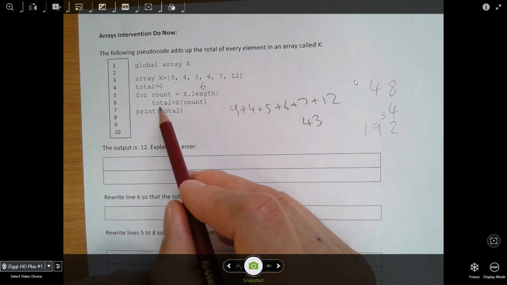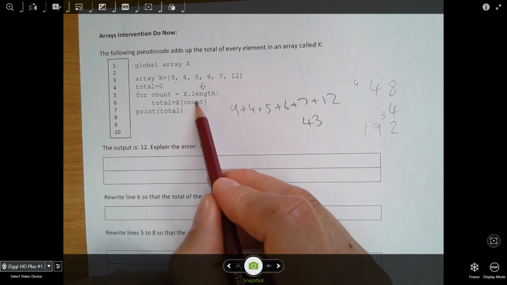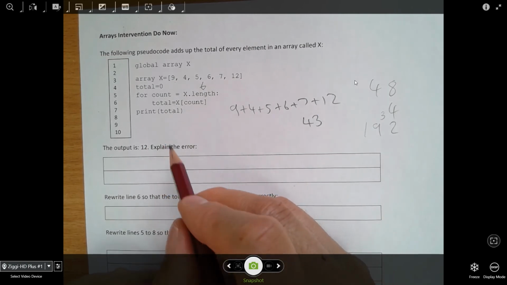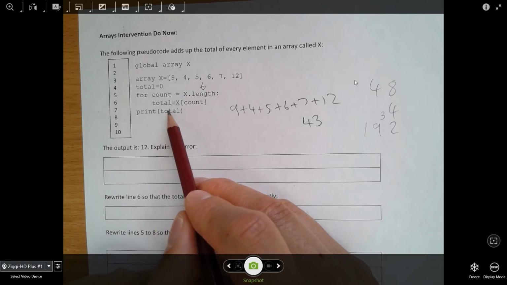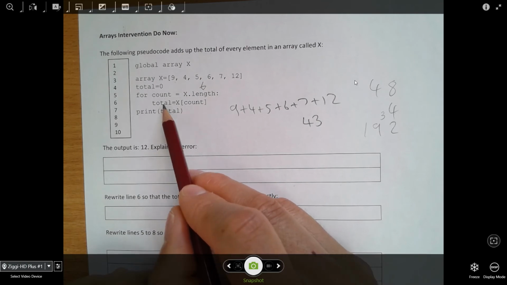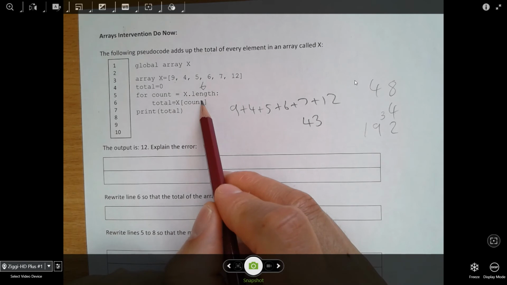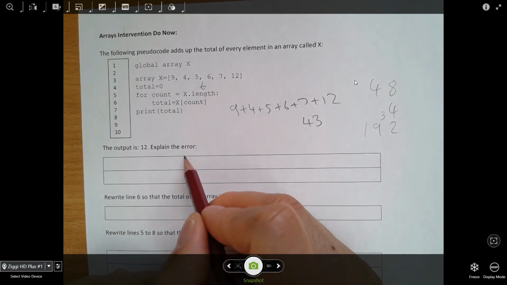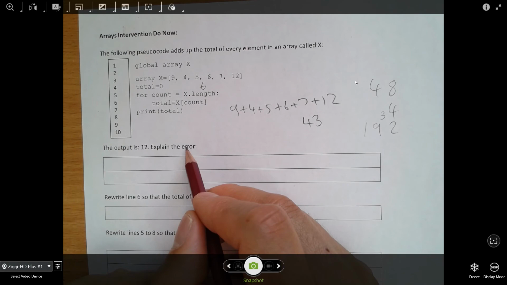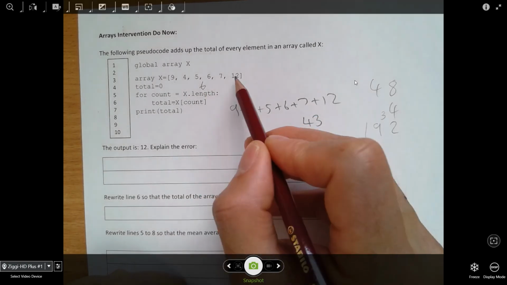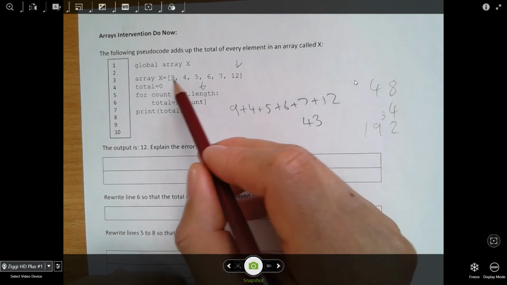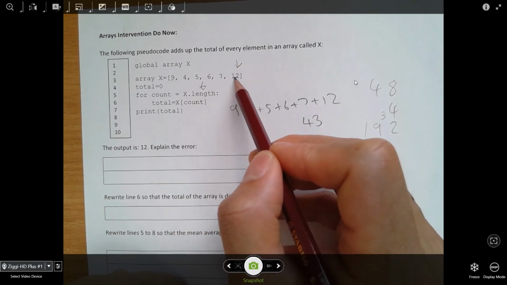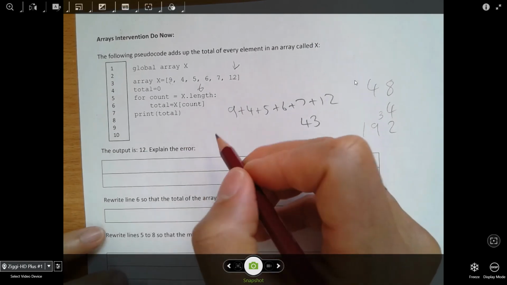The total equals X count. So what's happening here then is when it says print total, it's just saying total equals X count. And I imagine the last output is 12. What's happened is it's actually just outputted this element here, yeah? So it's gone 0, 1, 2, 3, 4, 5, and stopped there, and then it's output 12. So the error is that,